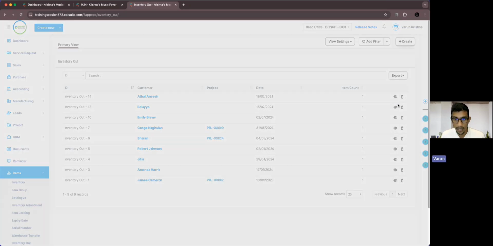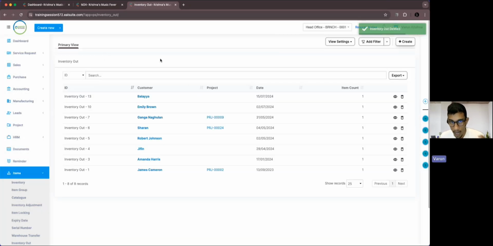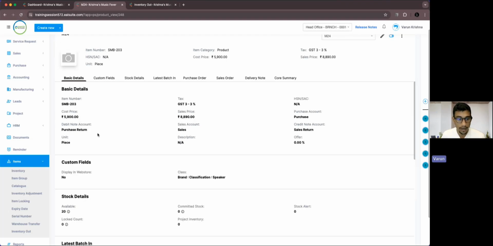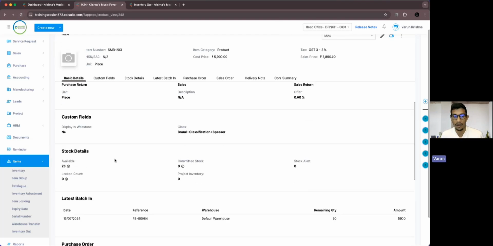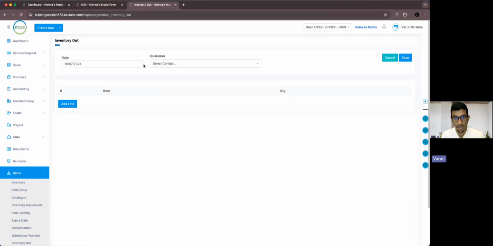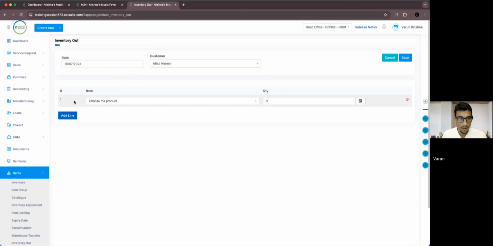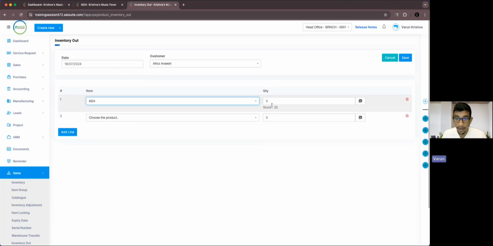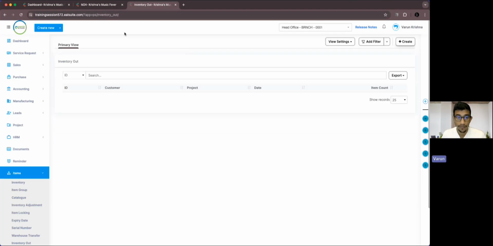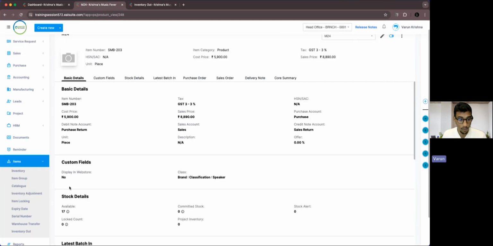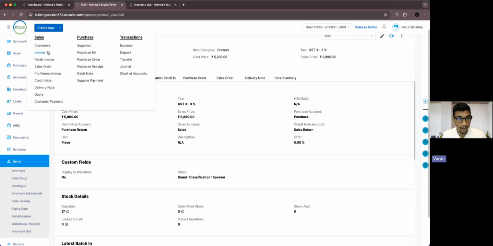So right now we can delete this particular inventory out, and you can see that the item has returned back into our warehouse or into our inventory. So we have introduced a delete feature, but there are other dependencies in this as well. We'll again create an inventory out because this is really important. I have to show you the dependencies as well. The same item and the same quantity, I'll be creating a new inventory out, returning back to the item view page, and yes, now we'll create a new invoice